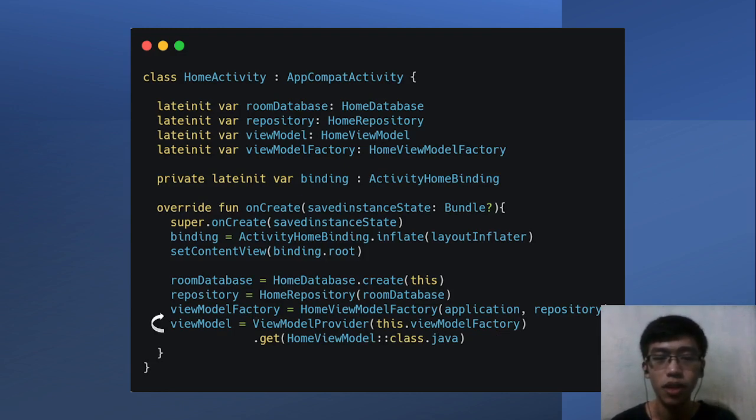Then view model factory depends on repository, and repository depends on room database right here. So dependency injection is not like implementation in build.gradle, but these things are called dependencies, right?